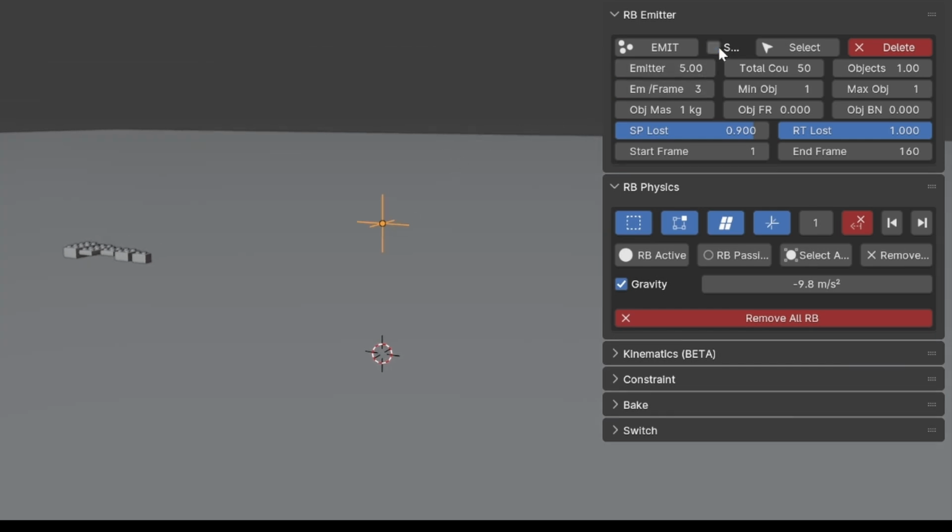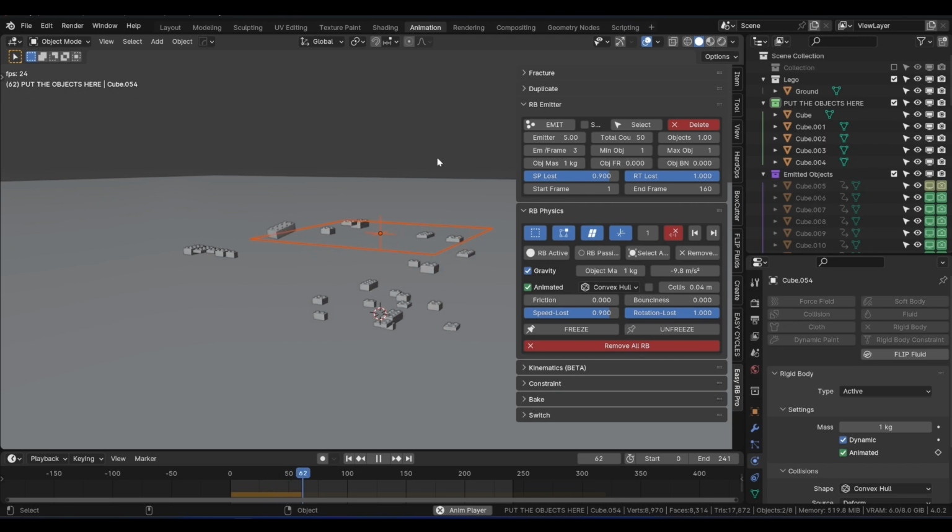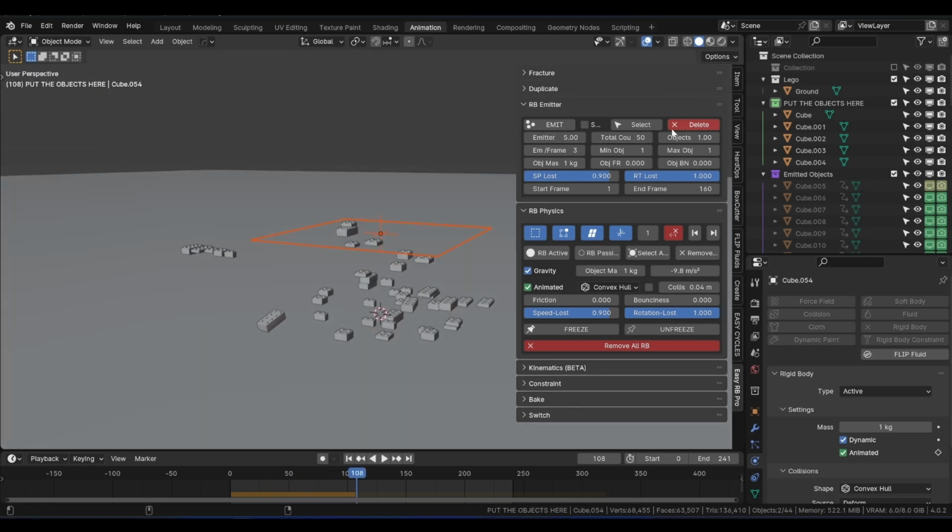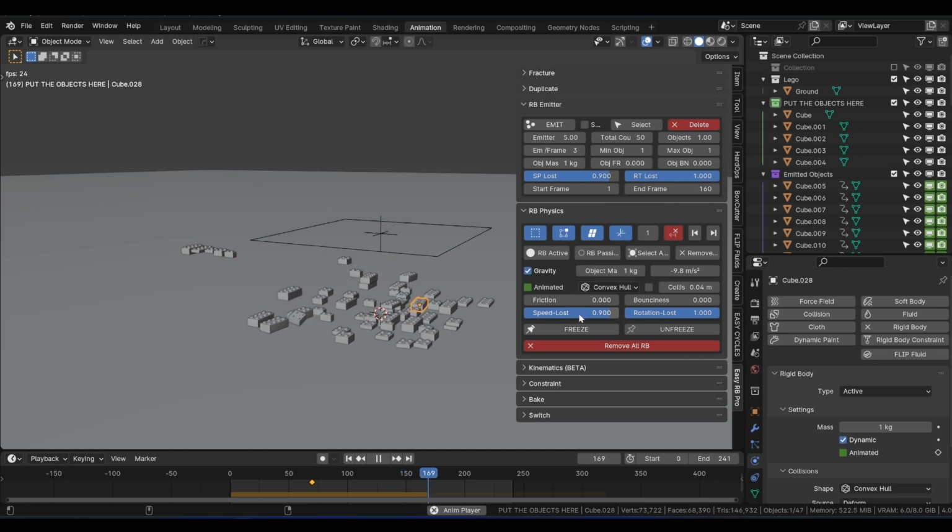So let's try to emit again, but this time from a grid. Let's emit. And as you see, you have this type of emission. What I like to do is, let's see the values of this. So if we select one of those objects or one of those pieces, you will see that we have the friction set to 0 from here, and the rotation loss is the same right here. So if we emit, we can also change the values from this RB physics. We can select everything and press Alt, and maybe you can change this speed and this rotation. Now we will get